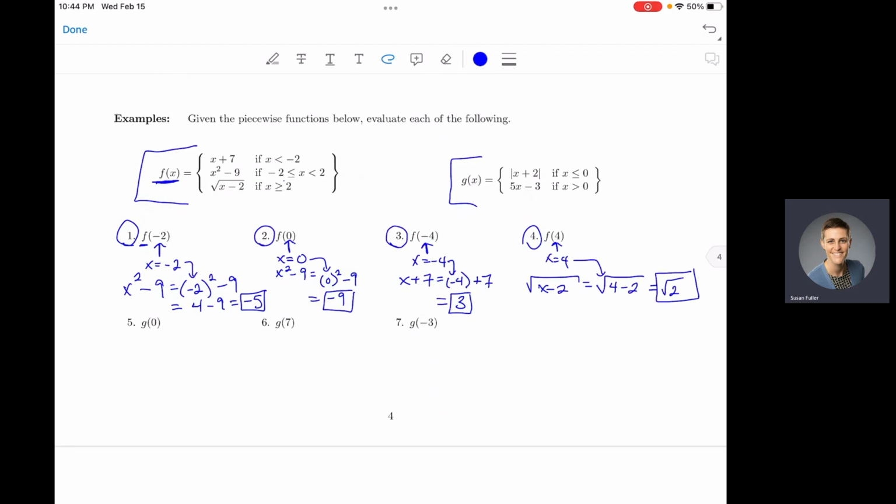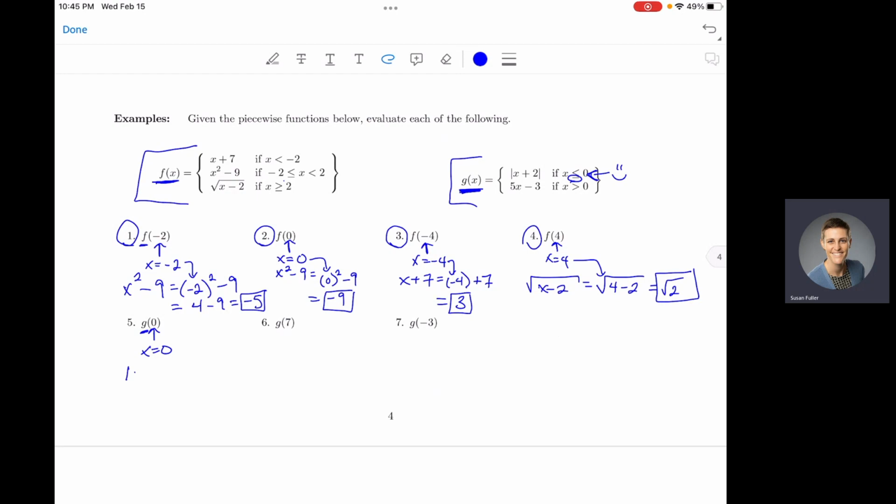All right, let's try these next few as well. So number 5, now we're looking at the function g. So we're going to switch over to this function over here. But again, to figure out which function to use in g, we need to look at the given x value. So here, the x value that we're given is 0. So we're going to look through and see which one works if x equals 0. So in this top one, is 0 less than or equal to 0? Yes,